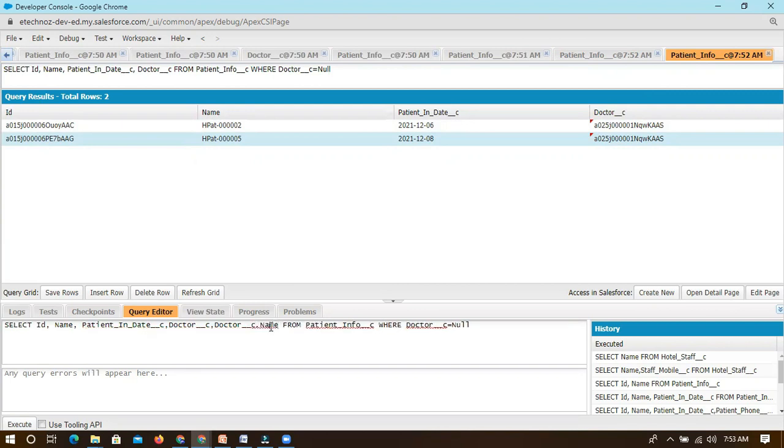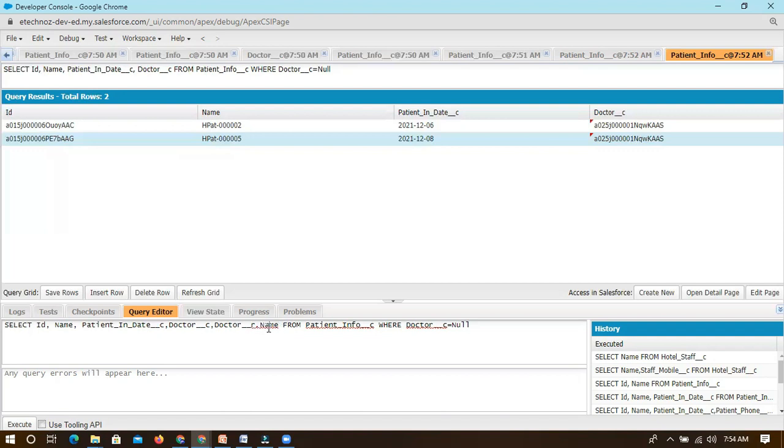But you should not write it like this: instead of C, it should be R. Wherever you see double underscore C, that is a custom field. Wherever you see double underscore R, that is also a custom field, but it is referring to some other object. If you are referring to some other object, then you have to mention this double underscore R, then you can get those properties.